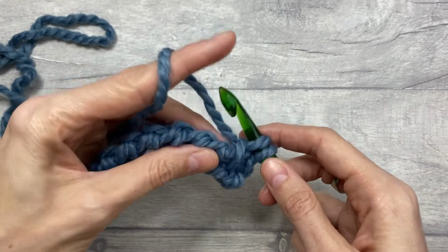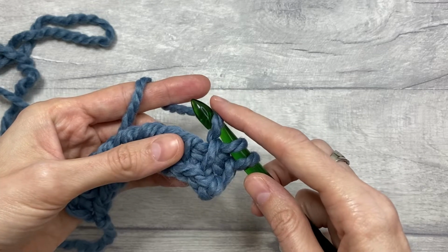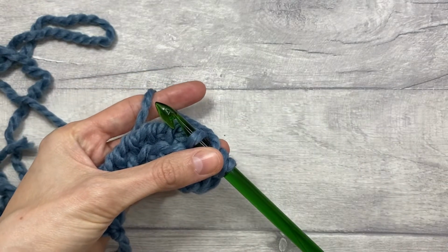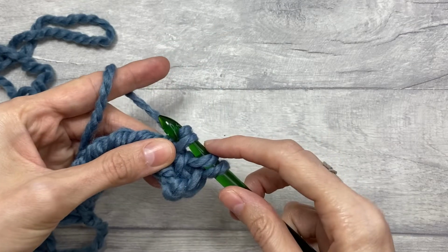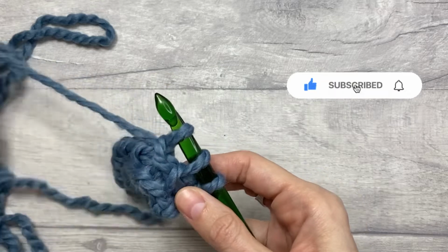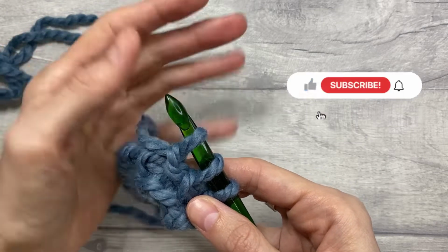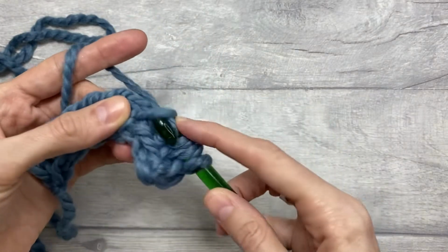So for the purl stitch we need to bring the yarn forward, so it's going to be the front of the hook. Insert the hook from right to left under the front vertical bar. We then yarn over and pull up a loop, and this creates a bump at the front, a little bit of texture there. Okay, so we continue with Tunisian simple,